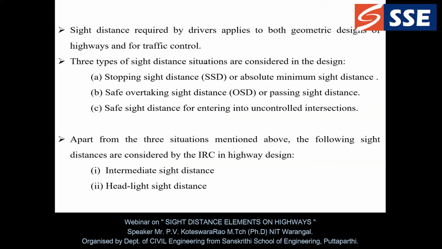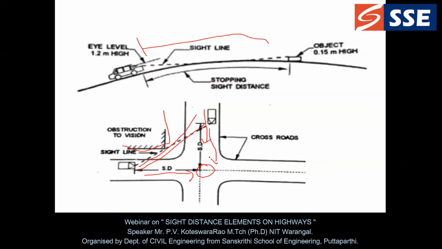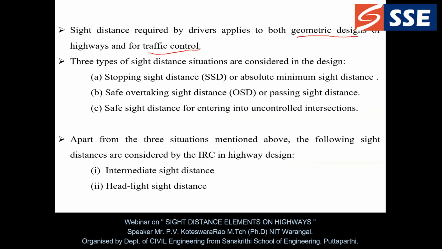If you observe the previous slide, here at the intersection or junction of the four roads, we need to regulate the traffic or control the traffic flow. So in that case, I need to know what the sight distance value is. Based on that only, I can have the smooth flow of the vehicles. So for that purpose, and for designing of the geometric elements, we need to have the sight distance, one of the important parameters.